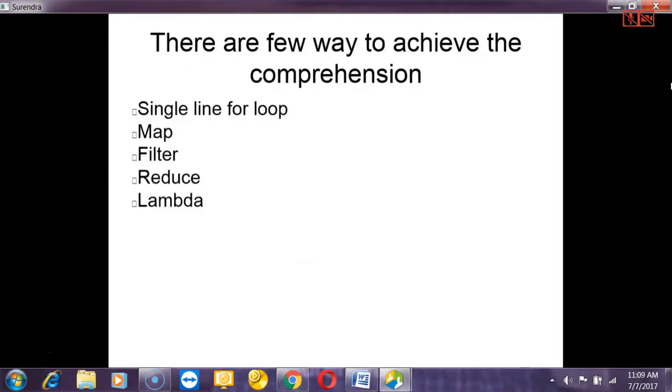Don't mind my pronunciation of comprehensions; you might have seen comprehensions only. If my pronunciation is giving a different word, try to focus on this word only. Single line for loop, and map, filter, reduce, and lambda. Please note down these functions. Once the function concept is over, we'll discuss these 5 functions. Everyone note it down,